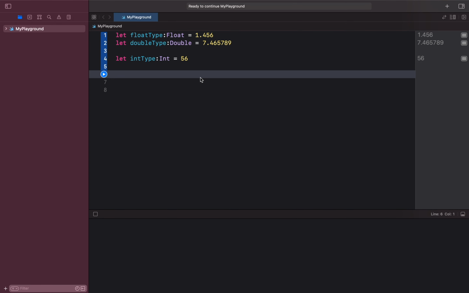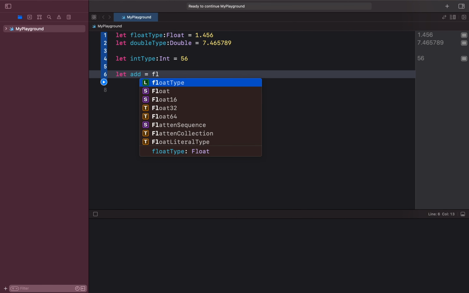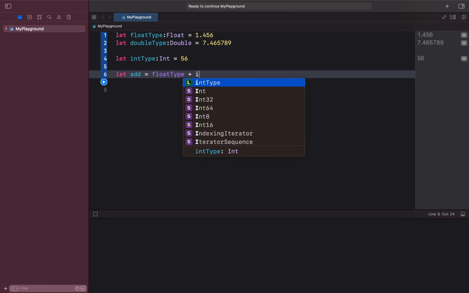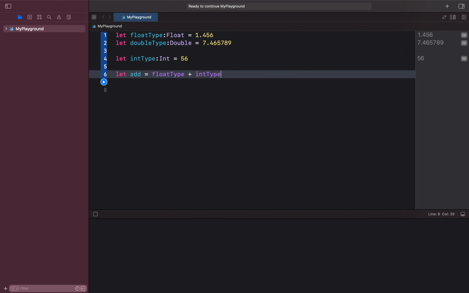Let's say we create a constant called add, and we try to add the float type and int type. It will not be possible, and we will get an error. Like you can see here, the binary operator plus cannot be applied to operands of type float and int. So for the addition, we must have the same type of constants here.